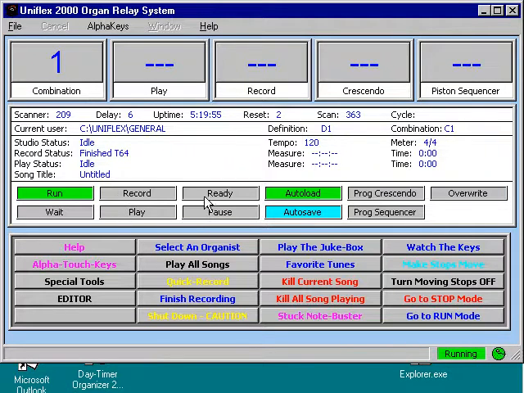When it is gray or non-lit, it is inactive. So we can see that we're in the run mode and our auto load and auto save are active. Now let's explain auto save. This is covered in the